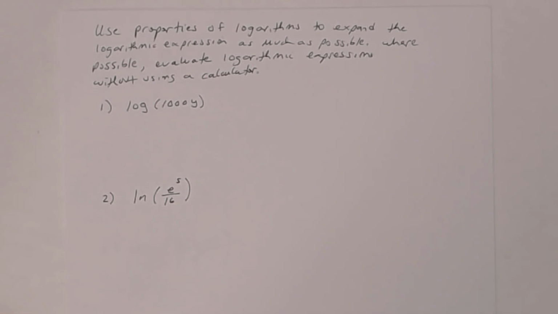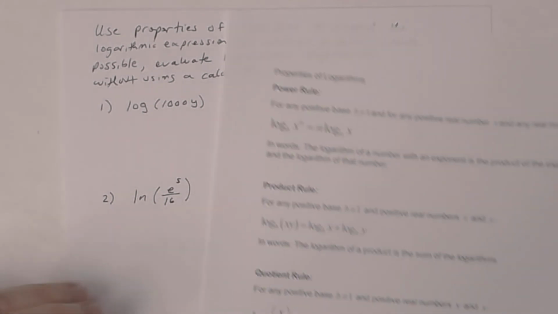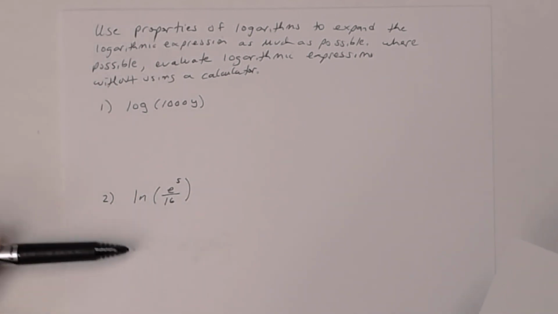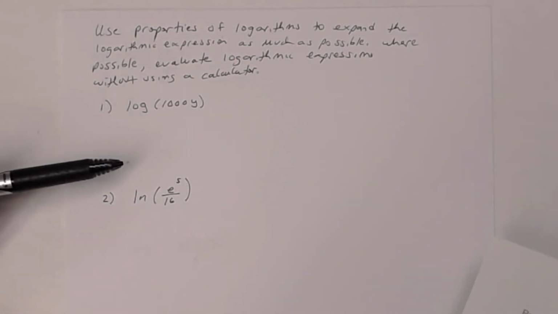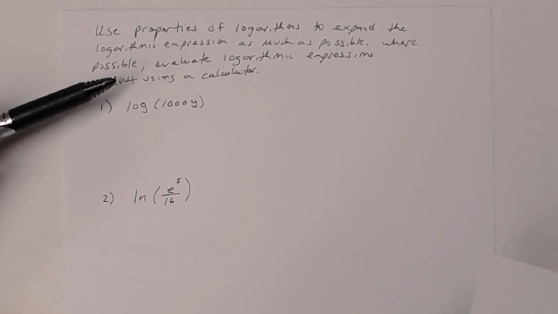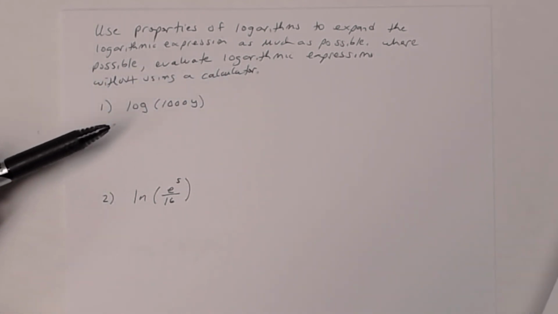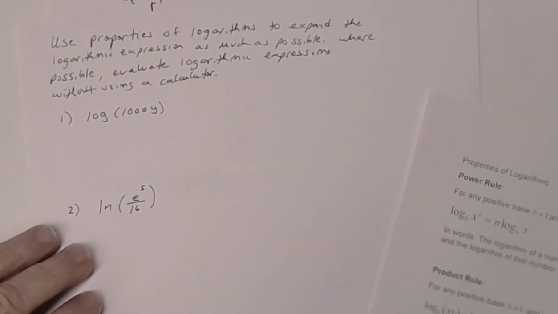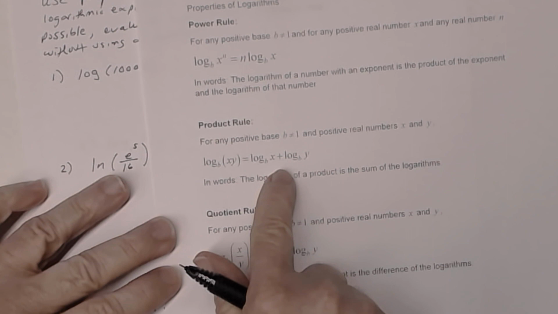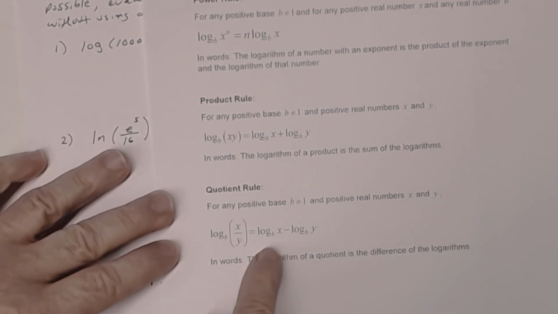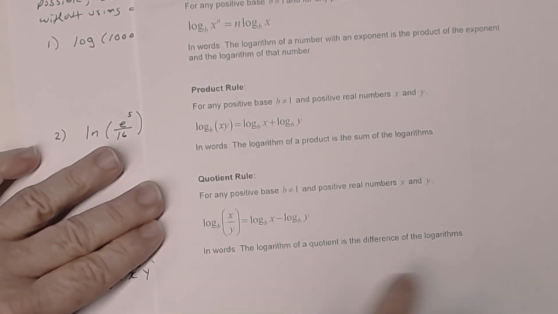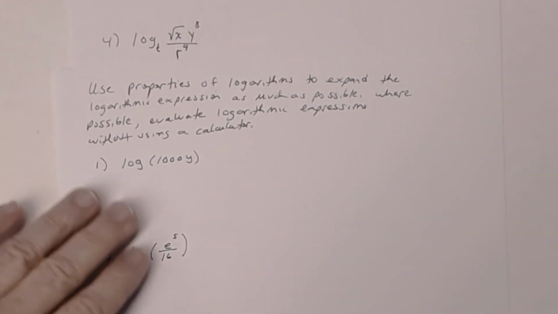Okay, so let's go ahead and continue. As long as you know these properties, this is not that difficult. It's fairly simple to deal with. Just remember, expand means to go from one logarithm to two or more logarithms using your properties. Okay, so number one,